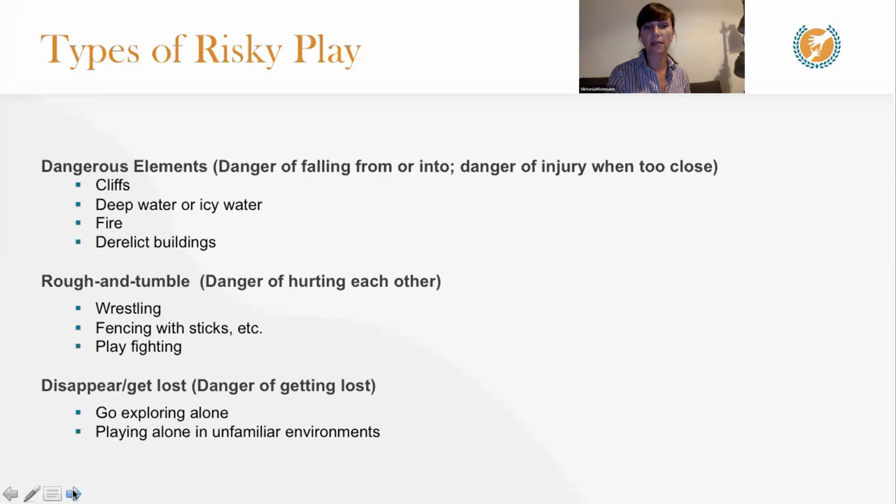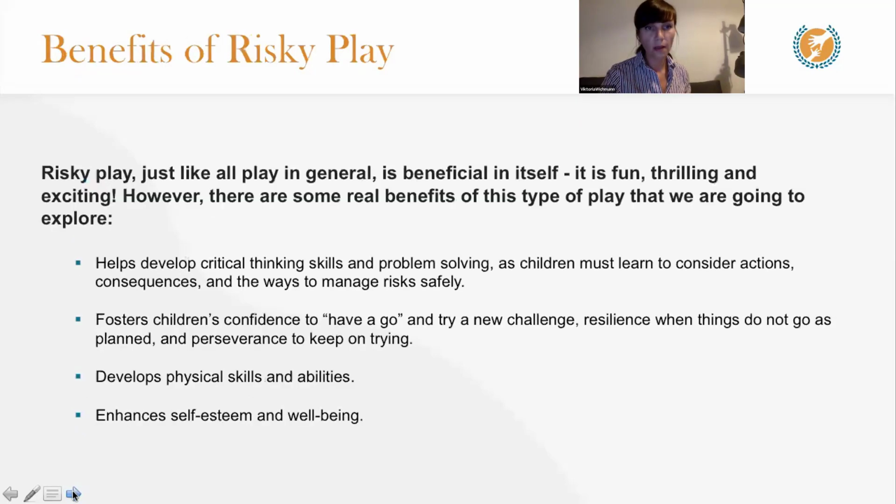But I must stress that when it says alone, it doesn't necessarily mean that one individual child wanders off into the unknown. It often means a group of children wants to avoid adult supervision. So they like to hide away, they like to not have watchful eyes upon them. So not necessarily one child that's going to wander on their own. Sometimes it's a group of children who don't want to be seen.